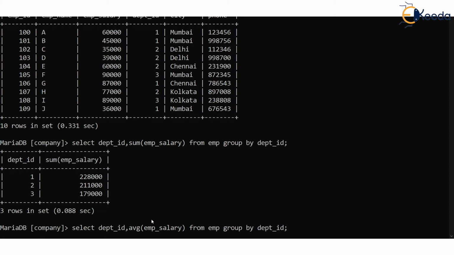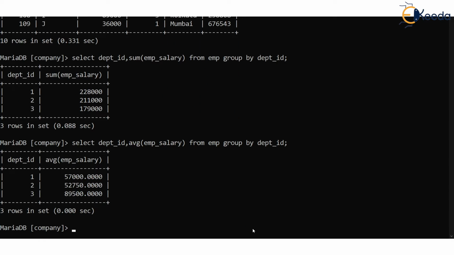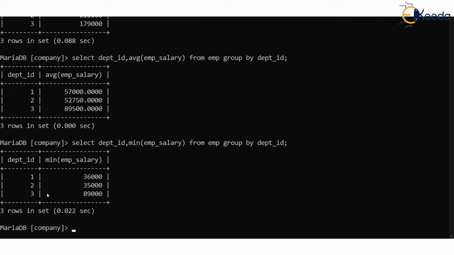You can see these are the average salaries paid in department 1, 2, and 3. Isn't it so? Or suppose we want to find out minimum salary paid in each department. Minimum. So you can see that in department number 1, somebody is paid 36,000. That's the minimum salary. Isn't it so?